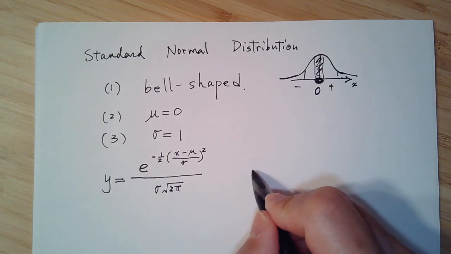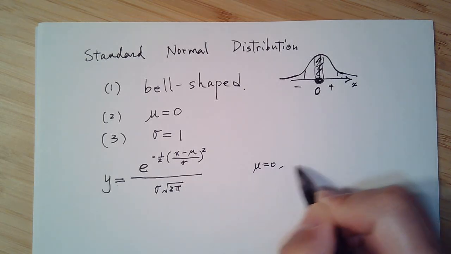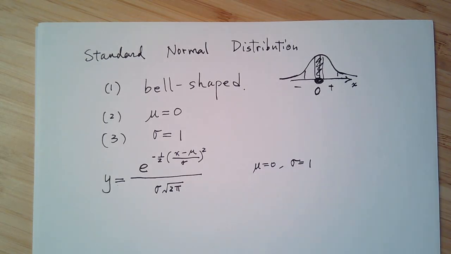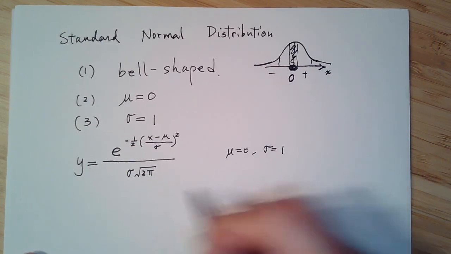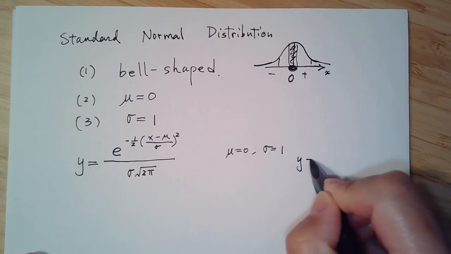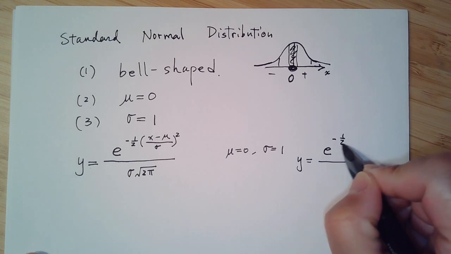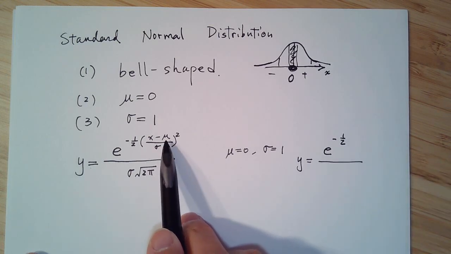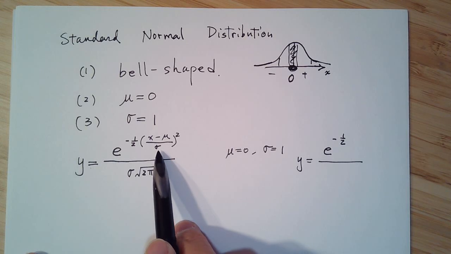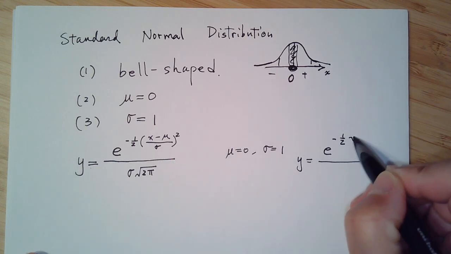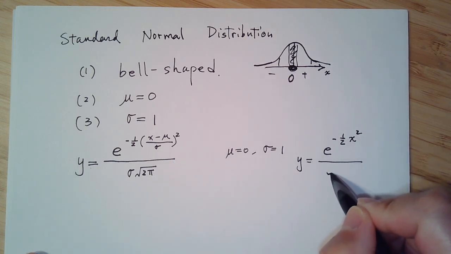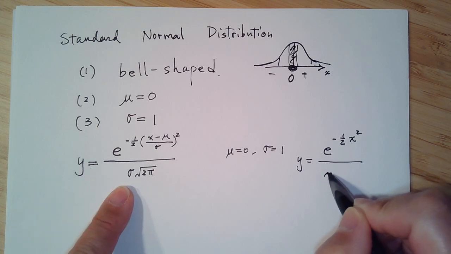So if you put mu is 0 and sigma equals 1, then you simplify this as y equals e to the negative 1/2 times x minus 0, which is x, over 1, which is x again, so that's 1/2 x squared. And here sigma is 1, so that's only the square root of